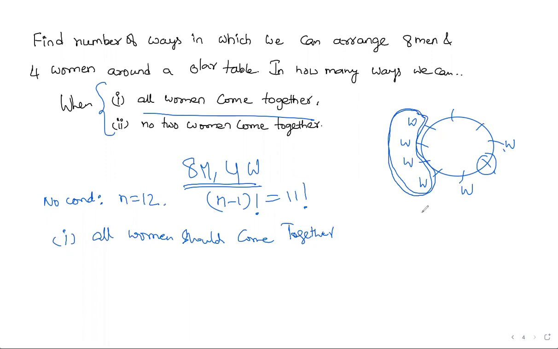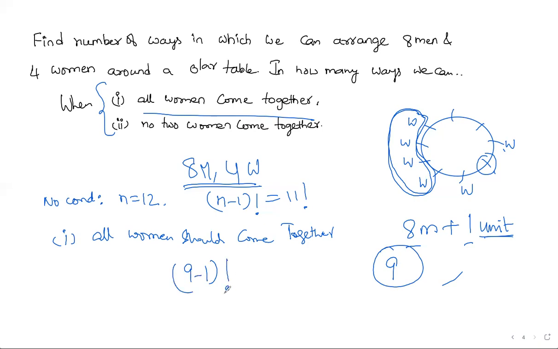So what we'll do is, there are a total 8 men and we will consider all women as 1 unit, just for the sake of permuting them. Okay. So total 8 plus 1, 9 units. So in how many ways can we arrange 9 units in a circular permutation? 9 minus 1 factorial. Okay. But inside the women unit also, these are 4 distinct women, right? These are 4 separate women. Woman 1, woman 2, woman 3, woman 4. So here also, in between them, we can arrange, right?